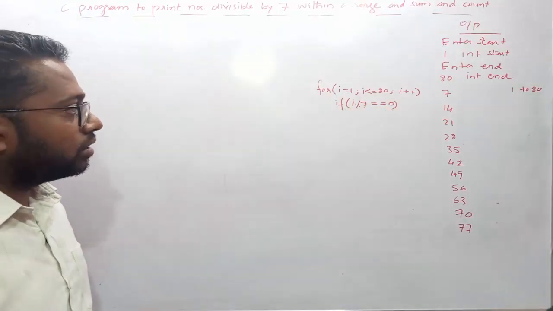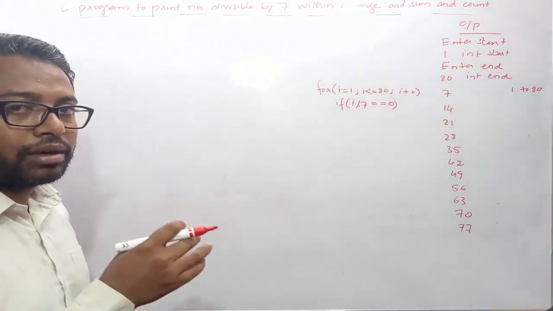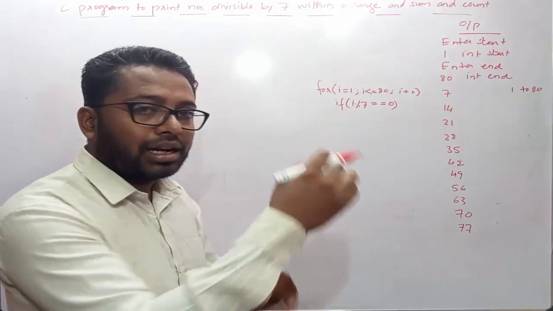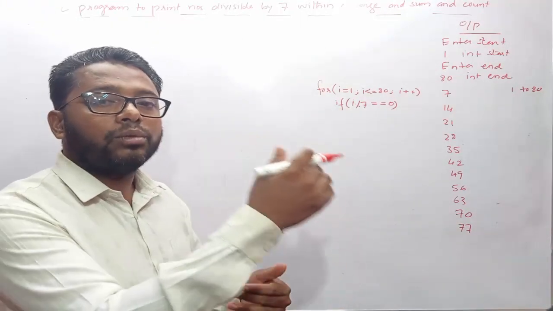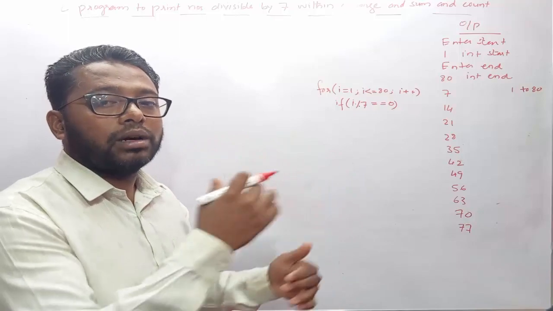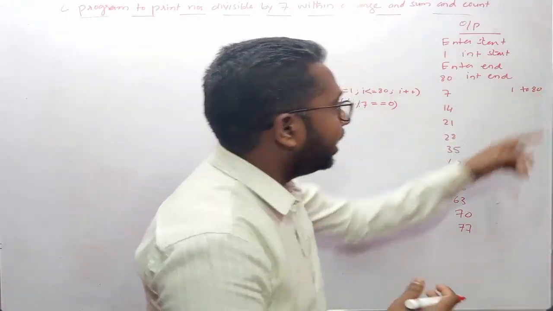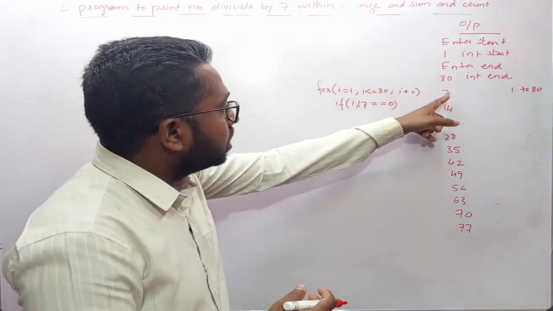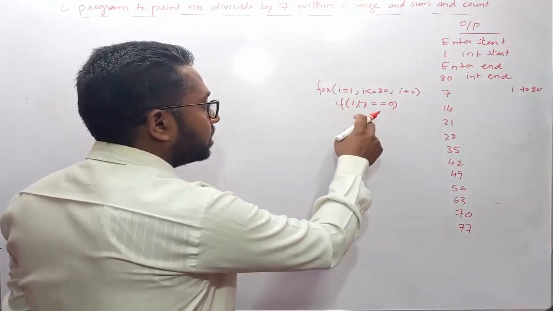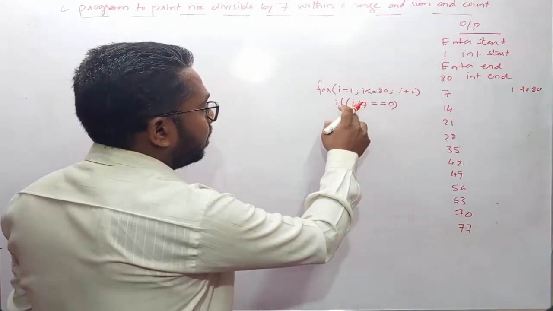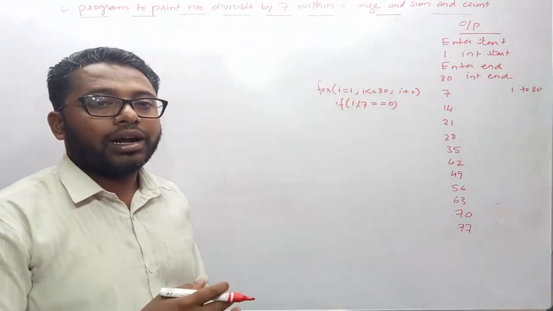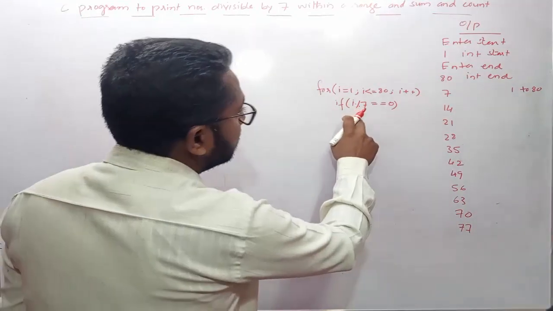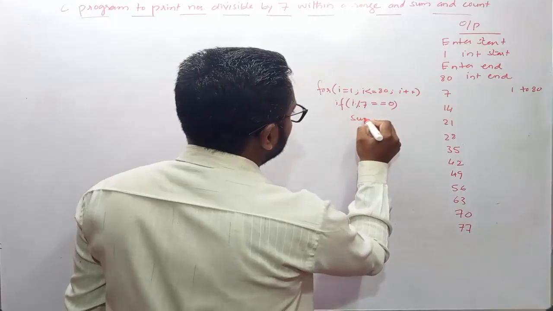I will start checking whether the number is divisible by 7 or not with the starting value 1. If it is not, then I will move to 2. If it is not, then I will move to 3. Like this, one by one, the numbers coming in this range 1 to 80, I will keep on checking this condition. When I reach the number 7, I will check the condition 7 mod 7. When I divide 7 by 7, I will not get any remainder. So what I will do, I will consider the 7 and store